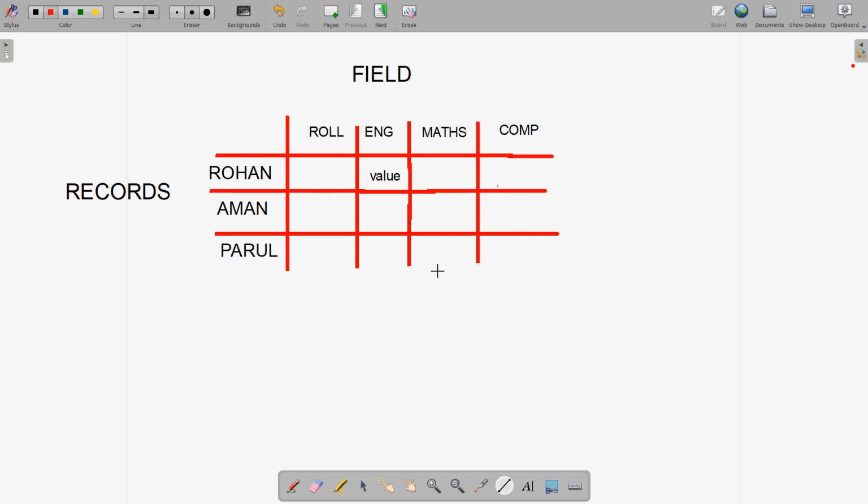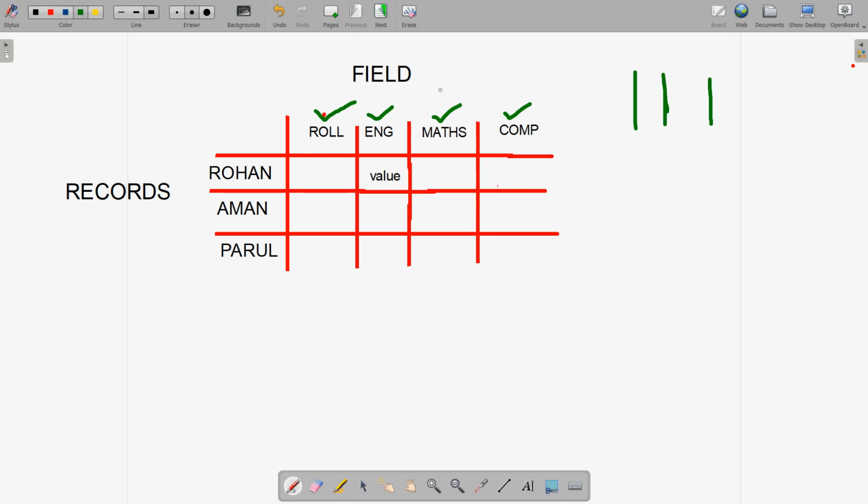Here we are storing information about different student names and other details like roll number and their marks in different subjects. You can see the roll number and the different names of the subjects. So these are all the fields, the columns saved in the table. These columns act as fields.